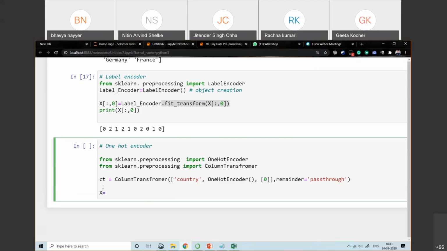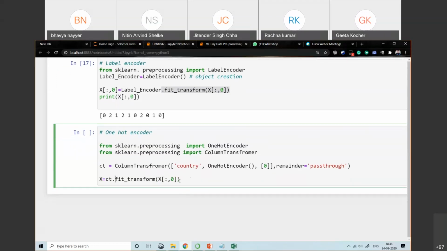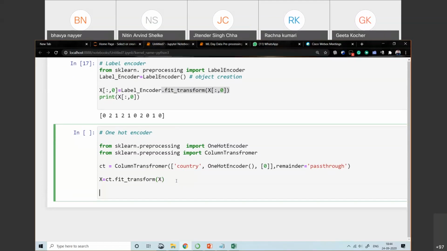Capital X is equal to ct.fit_transform, and that should be on your complete X, meaning your independent variable, and let's print the value of X. Let's check: we imported OneHotEncoder and ColumnTransformer, then in ColumnTransformer the country, the OneHotEncoder object, the 0th index, and remainder equal to passthrough. So let me execute here.